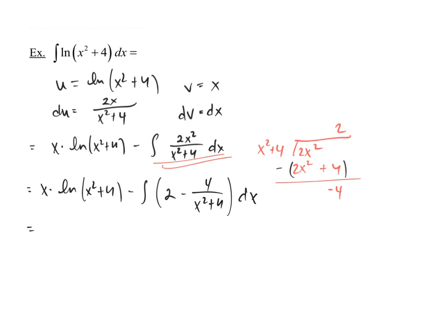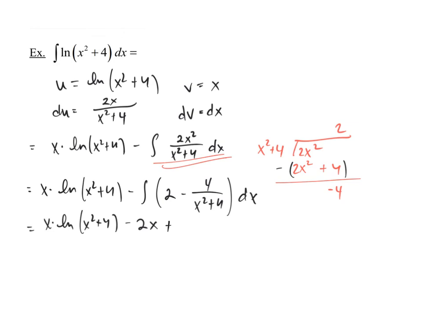Okay, so continuing going here, this x natural log of x squared plus 4 will just float down, minus the antiderivative of 2, so that's just going to be minus 2x, and then minus negative, so minus a negative is going to become positive, so I'll go ahead and write a plus sign here,